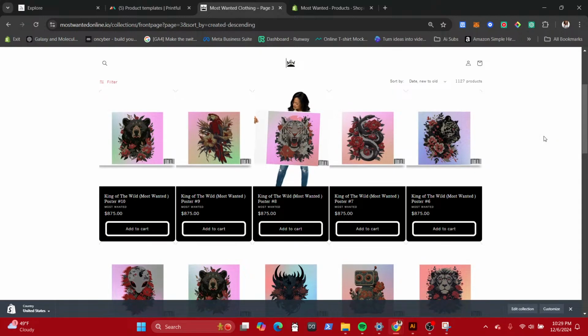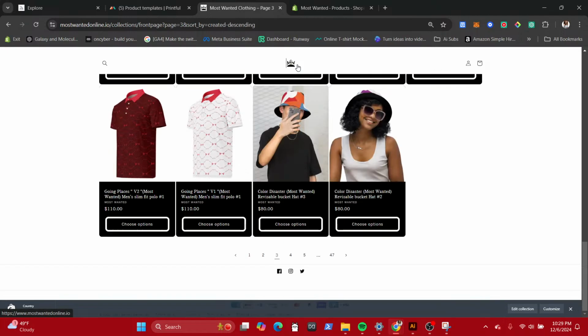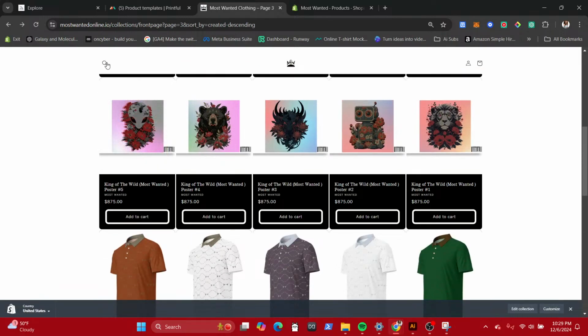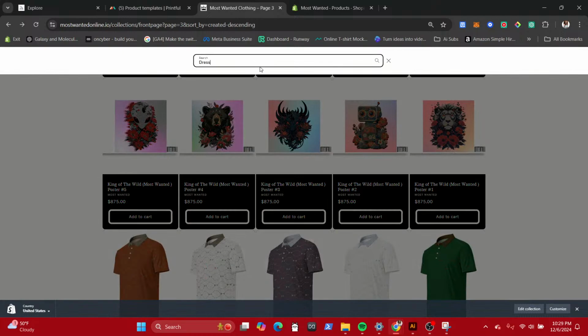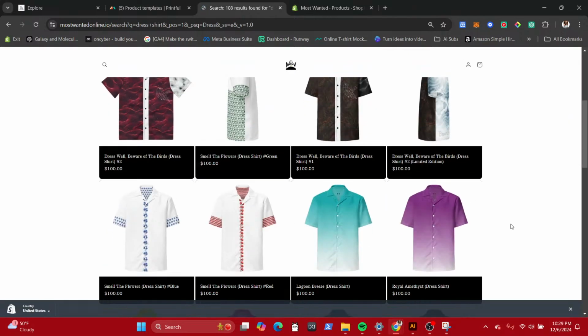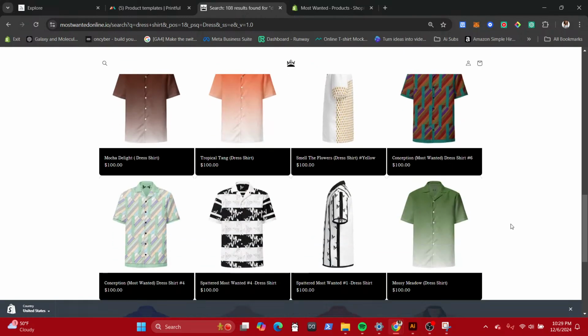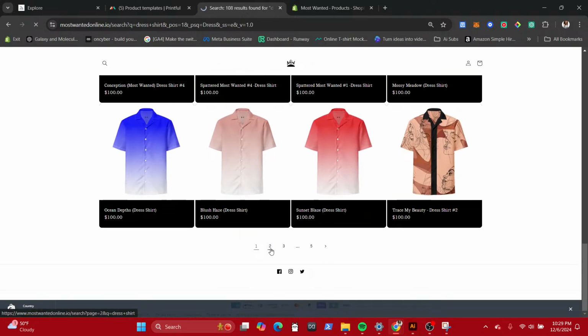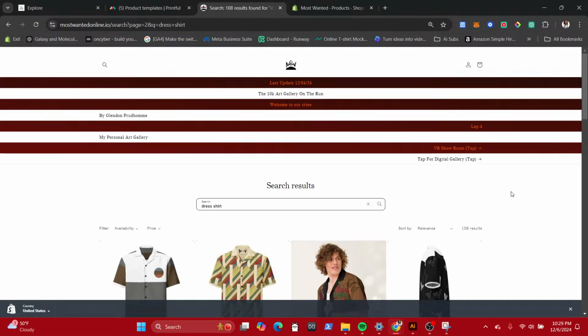Was that on a polo? That wasn't on a polo. It was a dress shirt. So let me go over the dress shirts. Let me check this out. See, sometimes, as I build toward 10K designs over the course of 10 years, if not more, I'm gonna forget what designs I've made.